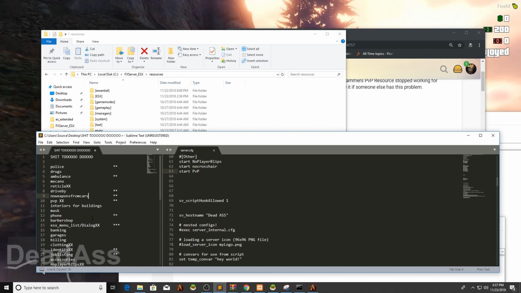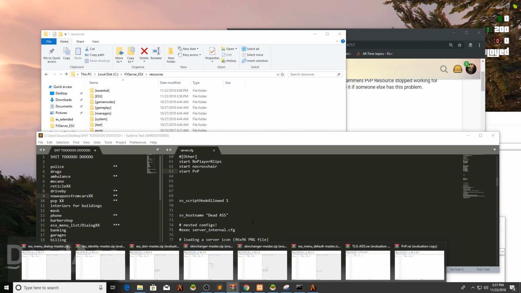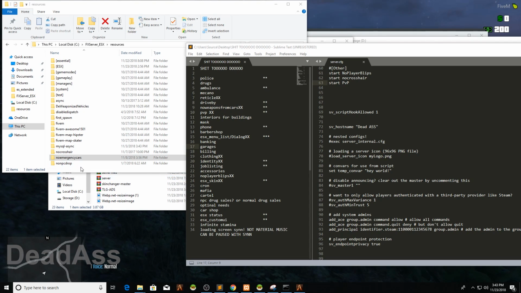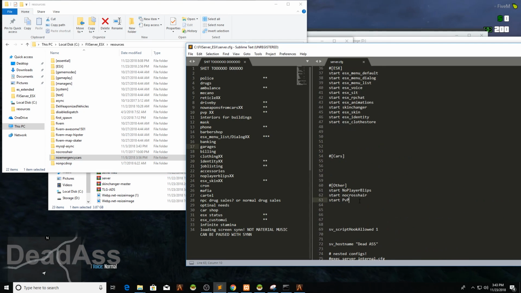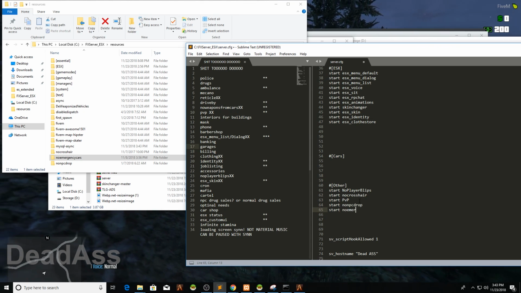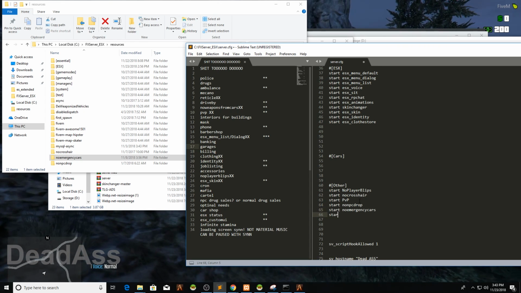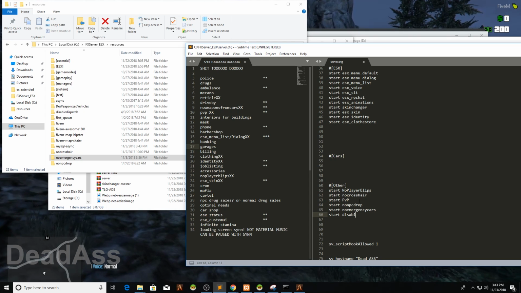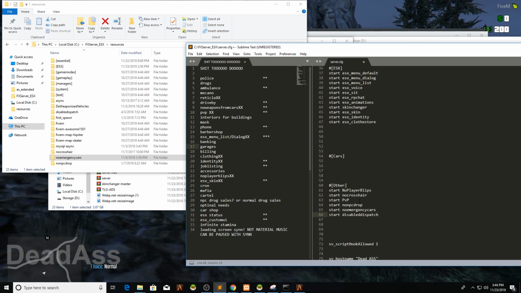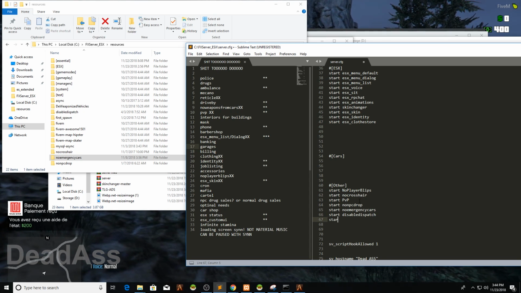No weapons from cars. For this I'm going to be taking it from one of my old servers I made, so let me just grab that, put it back. If we go back into here, you can see that I added a start no NPC drop, so no NPC is going to be dropping guns. Start no emergency cars, so people can't steal them off the streets and there's none driving around. Start disabled dispatch. That's going to stop EMS from coming to the scene. It's disabled 1D. Start